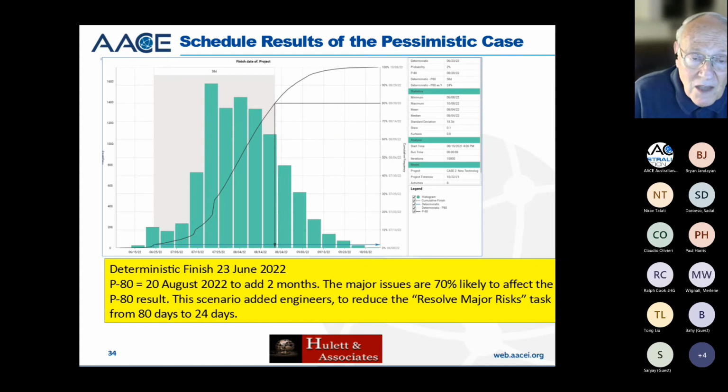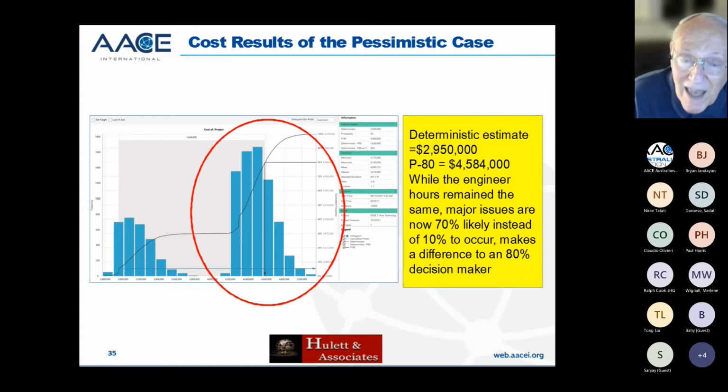And this is the schedule duration. This is the cost duration, and the cost is not much because there's still 3,840 engineering hours, but it's 70% likely to happen. So all of a sudden, this is a big deal. I'm not saying that one of these people, the experienced leader, is pessimistic and he's right, or the project sponsor is wrong or right because he knows the project and he thinks that nothing will happen. But what I'm saying is that we get the discussion going at the right level, at a high enough level in the strategy to make it important.